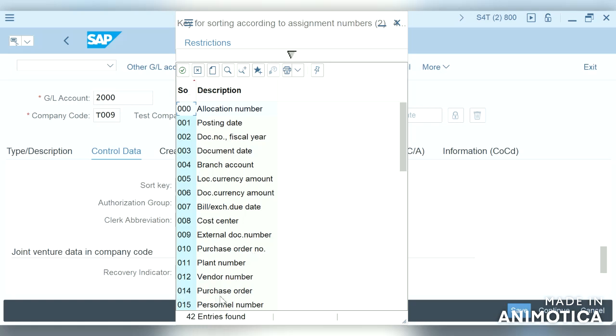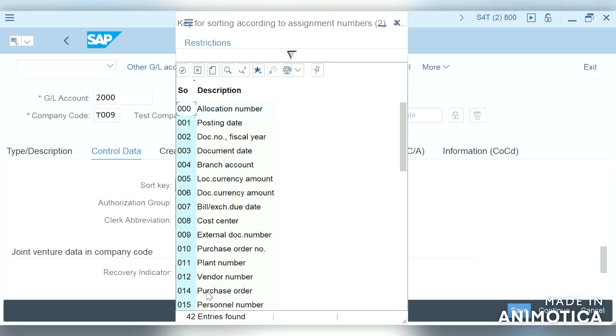If we select 014 as a sort key, it will update the purchase order in the assignment field.